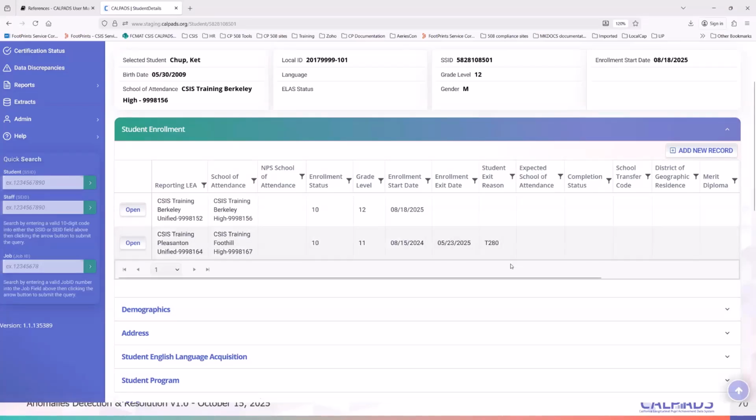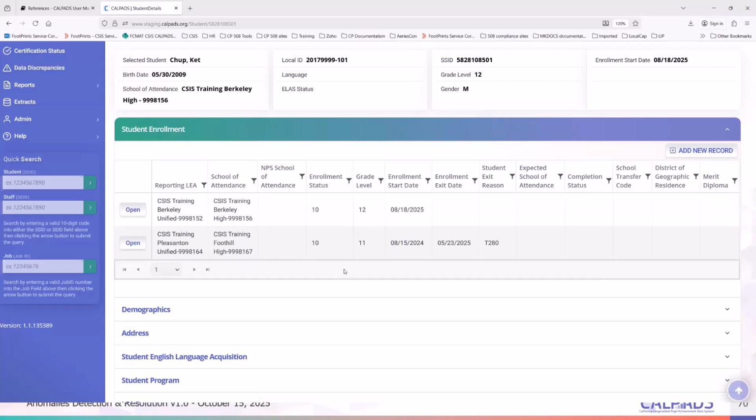If the exit was incorrect, the easiest fix here is to mark the student as an E155 or a T160. Now, if the student really did say that they were going to college, then I guess you can just leave it as T280 and still have the ERD in there, but then I would still get the ERD as the receiving district, which I could ignore. So to ignore that, I can just mark it as resolved. That way it doesn't bother me when I look at my ERD list, right? So that is a way to resolve it.